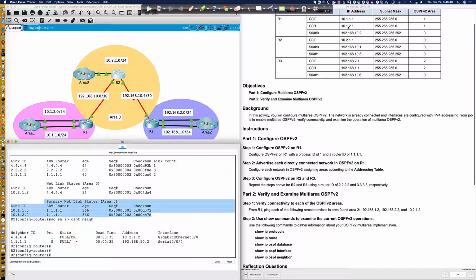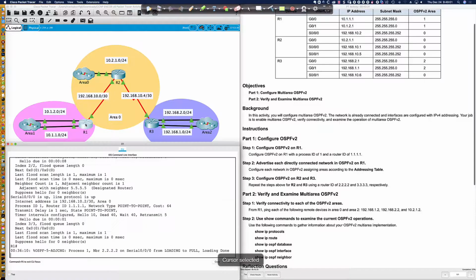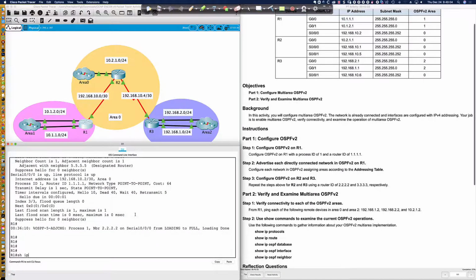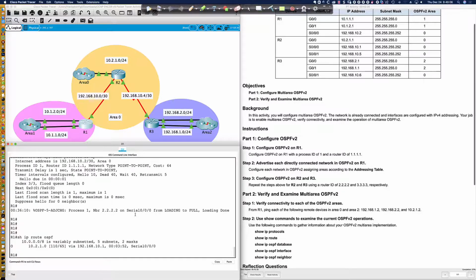10.1.1.0 and 10.1.2.0, and I'm up here right now. And router 1 has those interfaces right here, right? Because those are the two networks that router 1 is connected to. It doesn't appear on router 1 anyway, and let me take a look here real quick. So it doesn't look like router 5 and router 9 show IP route OSPF. Yeah, so the only route that I'm learning is the 10.1.2.1, which is, again, remember,